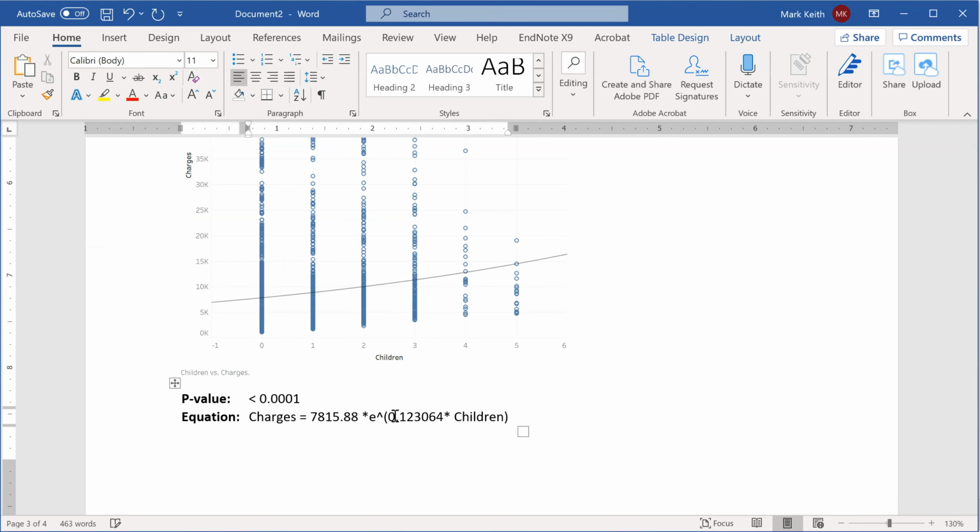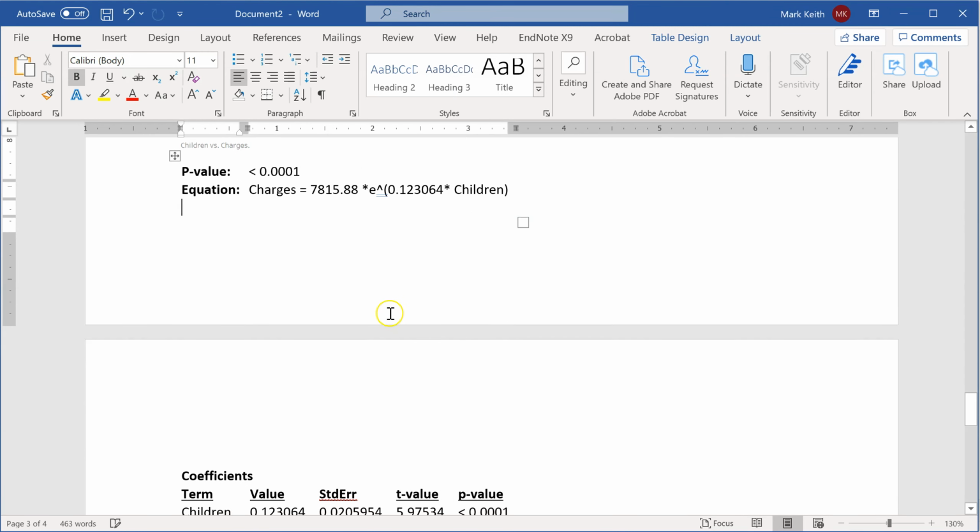Perfect. There we go. And then that leaves R squared